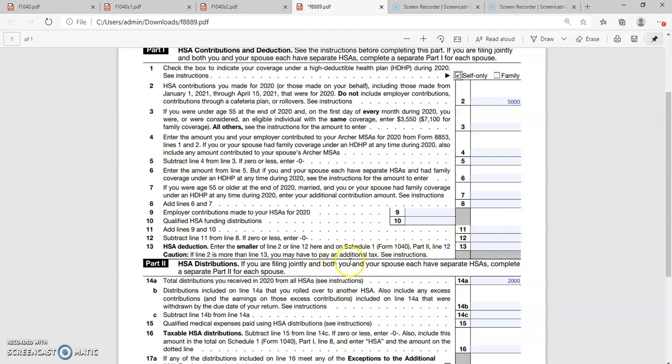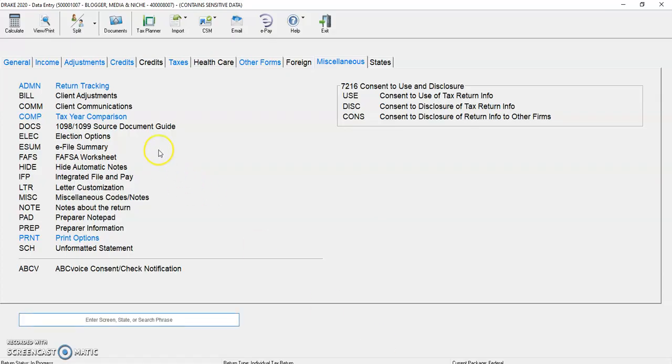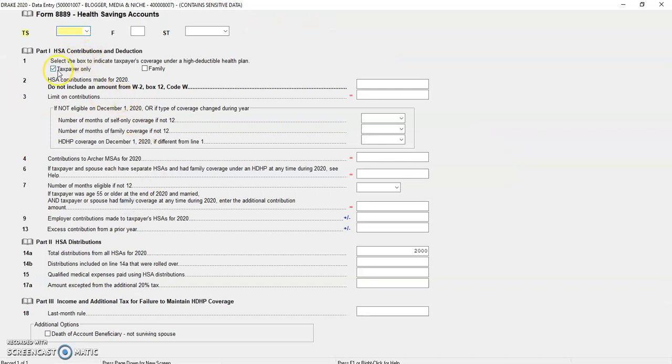Now, please have a look in Drake. So you can see here in adjustments, 8889 health savings account. Just go there, and as I mentioned, the HSA contribution and deduction is for part 1, and you have to select the box to indicate the taxpayer's coverage under HDHP, or high deductible health plan.